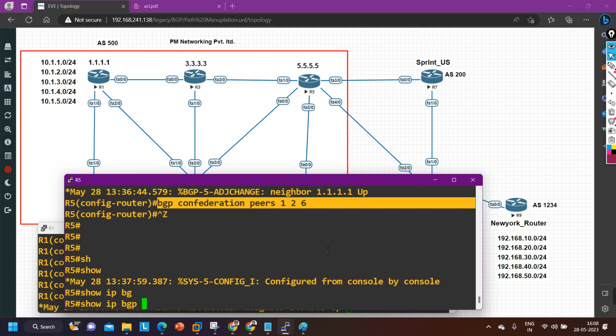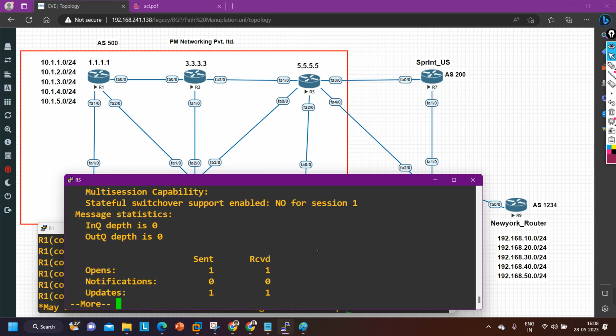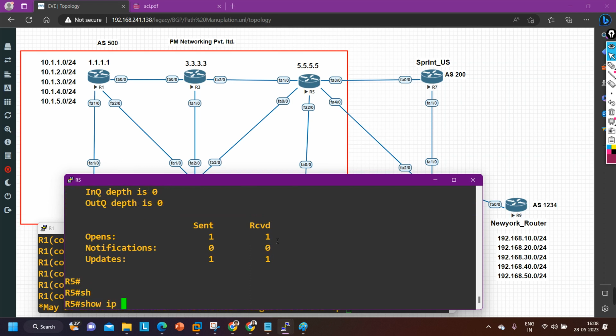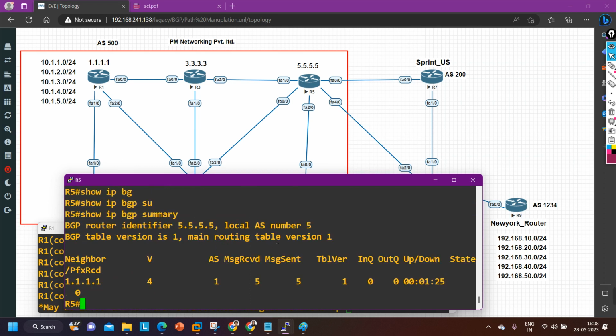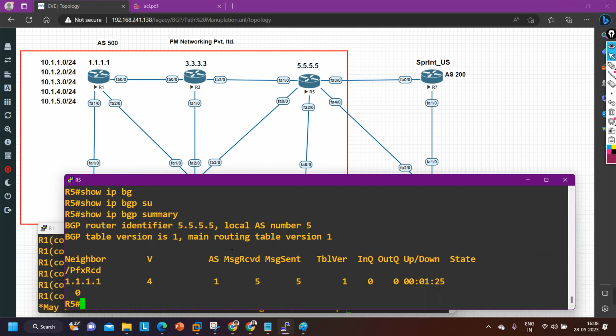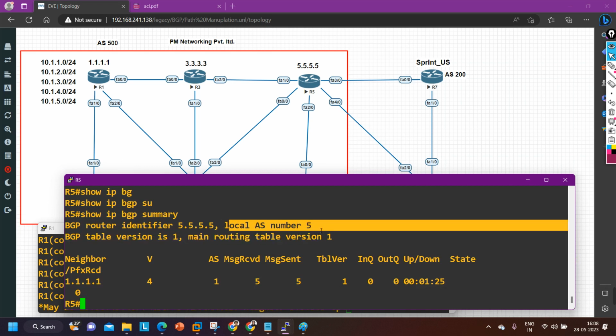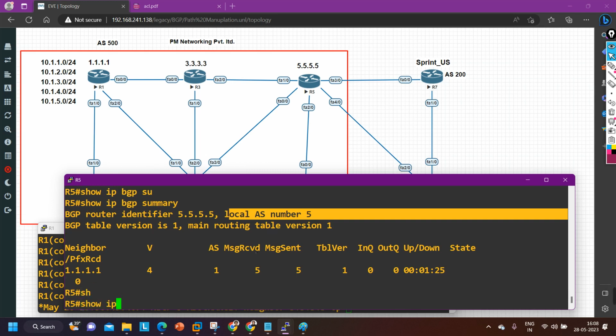So show IP BGP summary. I have been speaking continuously for about 3 hours, so that's why I need a break as well. See guys, the 1.1.1.1 neighbor is done. And one more thing, here you can see the BGP identifier is 5.5.5.5, local AS is 5. This one is your sub AS, and your main AS is